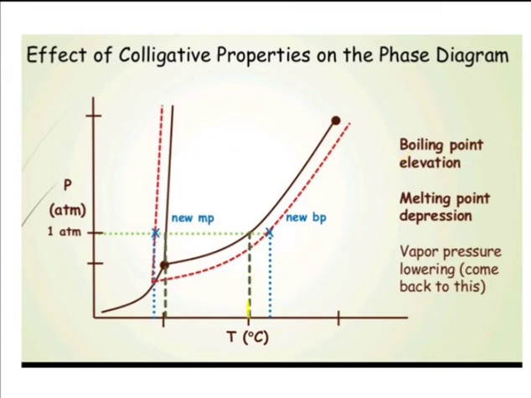This green dotted line shows the initial boiling point or the exact boiling point, and when we have added solute it will be increased. So this blue line shows the elevated boiling point. Now melting point depression. So see here is the solid, here is the liquid, and here is the vapor. So here this green dotted line shows the initial melting point. So instead of melting point you can say the freezing point.